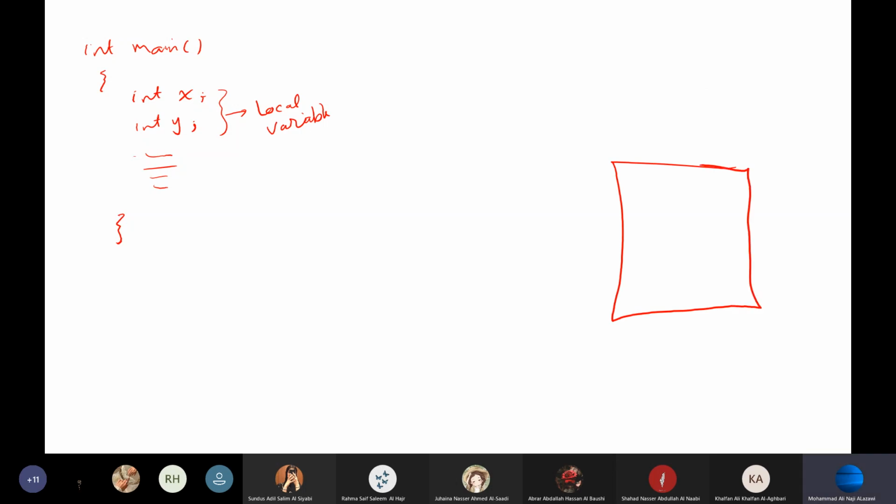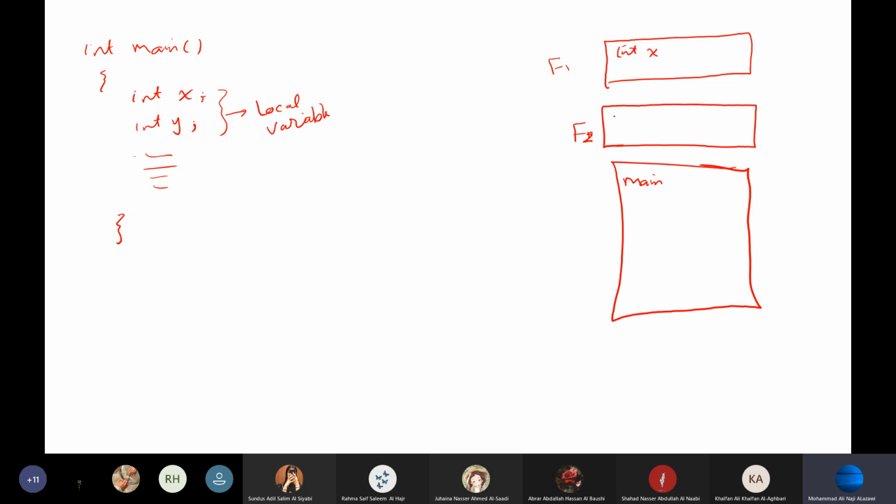By the way, we will discuss it later, but just to let you know, the function can be written before the main function or after the main function. But basically we'll consider it before. You have function 1 and function 2. Whatever you declare in this function, like if you declared integer x, and here if you declared, for example, double y, in the main function or this x,